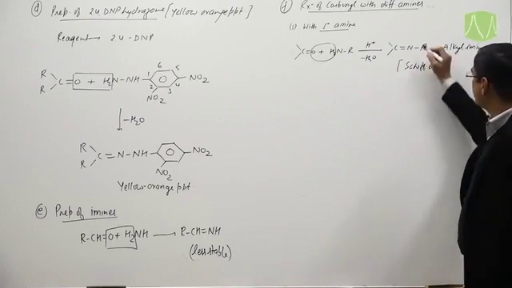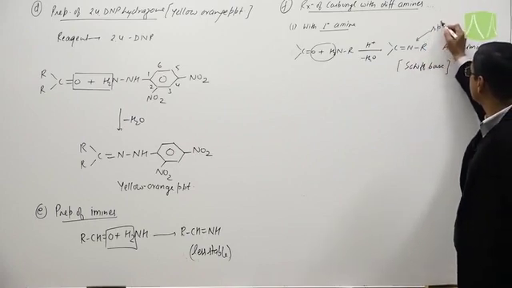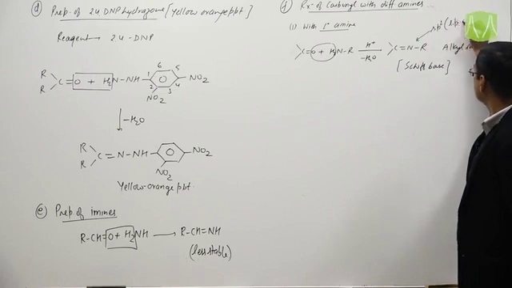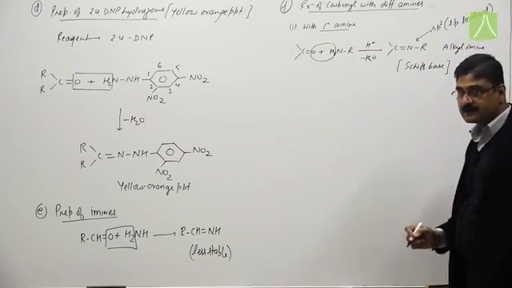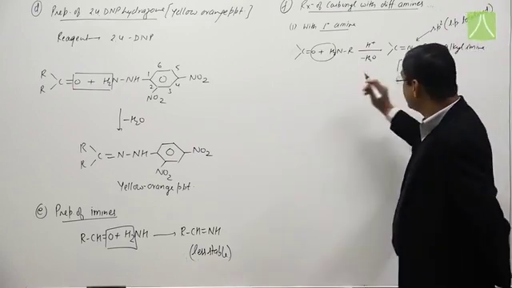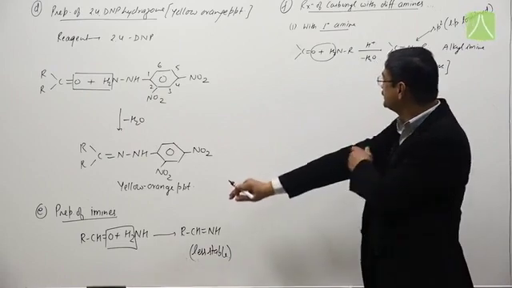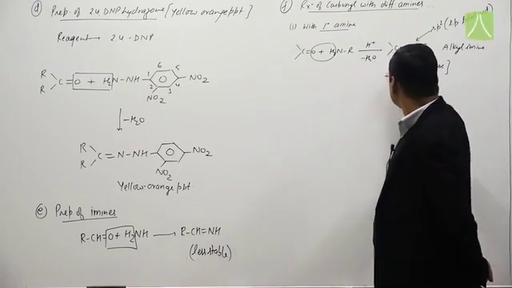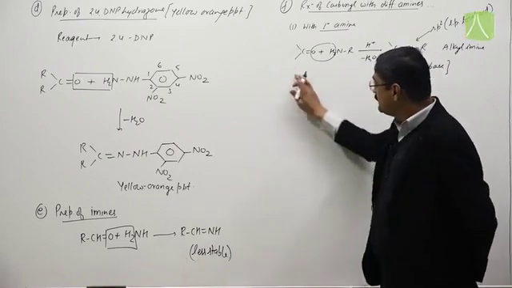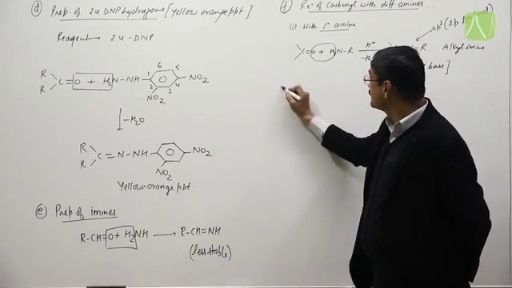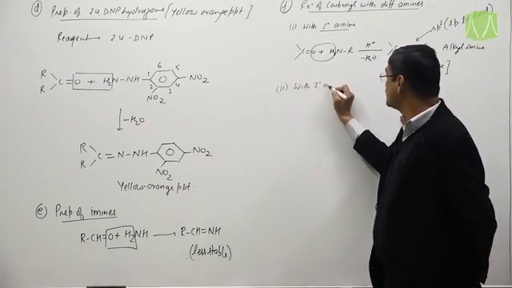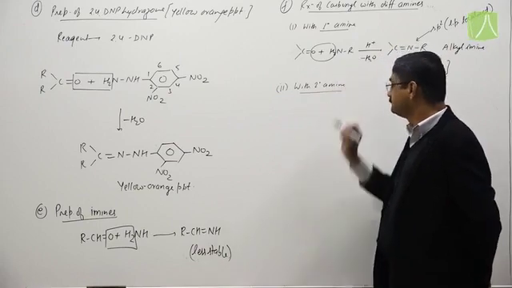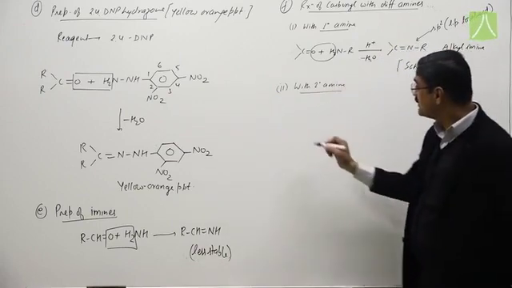Nitrogen is sp2 hybrid and the lone pair is localized. So because of sp2, it is less basic and the product is known as alkyl amine as well as Schiff base. In the second case, suppose I take 2 degree amines. So in 2 degree amines,